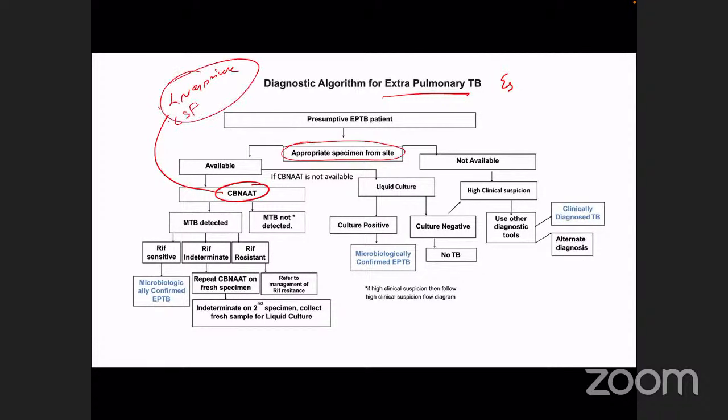For other samples, it is not recommended as per the guideline because sensitivity is very low, but practically speaking, we sometimes use it and occasionally we may get positive results. But the main thing to remember is that, even for lymph node aspirate, CSF or other samples, CBNAAT does not have very great sensitivity. Okay, so negative result